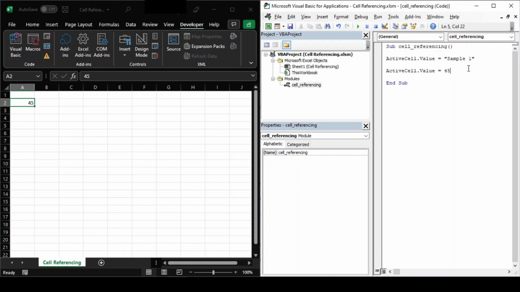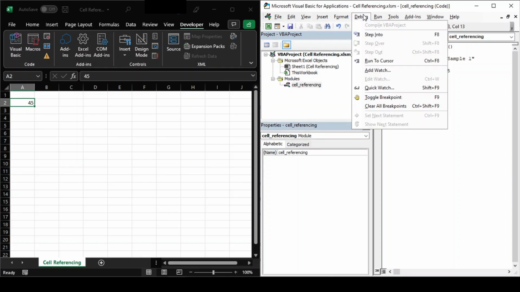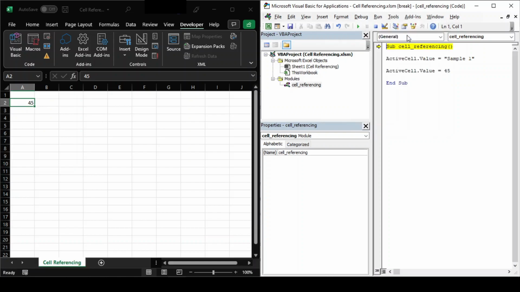So in our case, we see that our code does not write sample1 in cell A2, which it earlier did. In debugging mode, code will run line by line to help us understand which line is creating the problem. To run the code in debugging mode, we need to go to the Debug menu and click on Step Into. Alternatively, we can also use the keyboard shortcut F8. The moment we hit F8, we can see that the first line of our code is highlighted with yellow color.